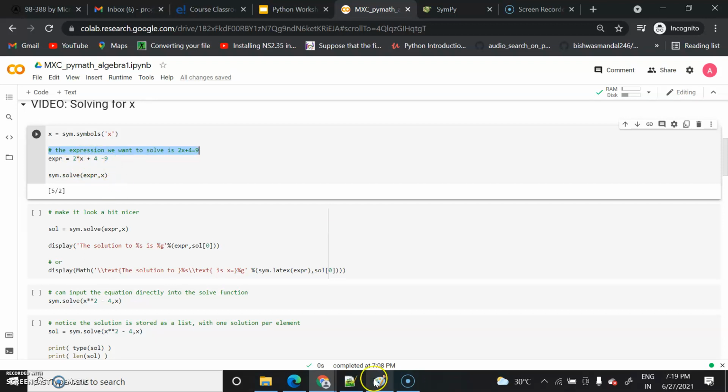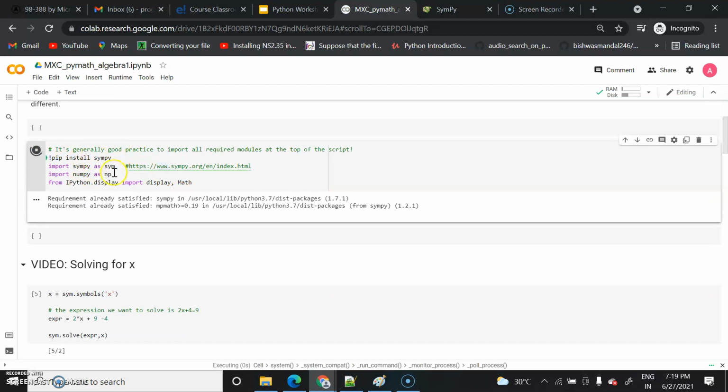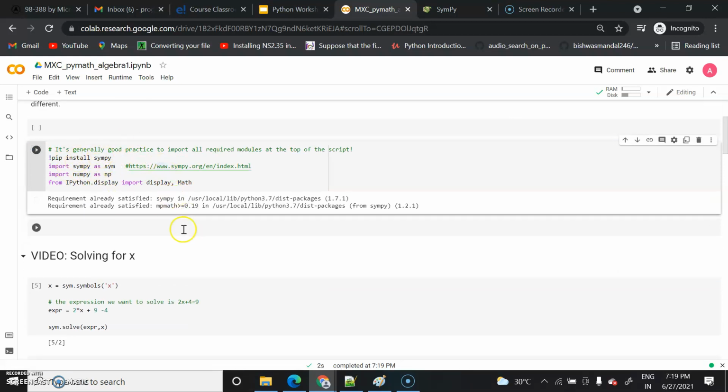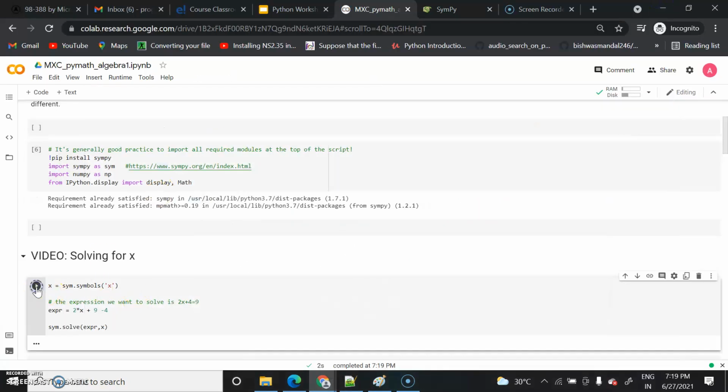Okay, sorry, I took it differently here. Okay, let's change this. In place of this 9, I am taking this. So when you solve this, what answer will you get? Let's run this. In order to start, first you run this library so that it is installed successfully. As you can see, this library installed successfully without any error. Now I am going to run and see what answer I will get. If this answer is the same, 5 by 2, it means that we are doing it correctly. So let's run it. See, you are getting 5 by 2, right?